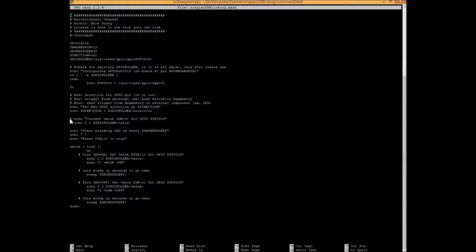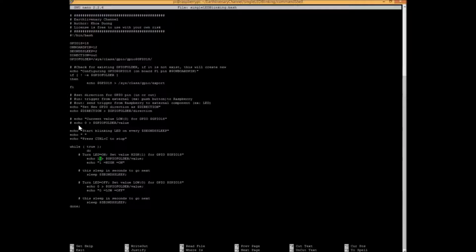This one is a comment. This one is a comment. But if you want to enable that, over here, by removing this one, it enables that. But right now it is disabled. Commented out. Okay. This one is the message, which means the message is green LED every 2 seconds. Press Ctrl C to stop. This one is an infinite loop. Otherwise, it runs forever unless you press Ctrl C.